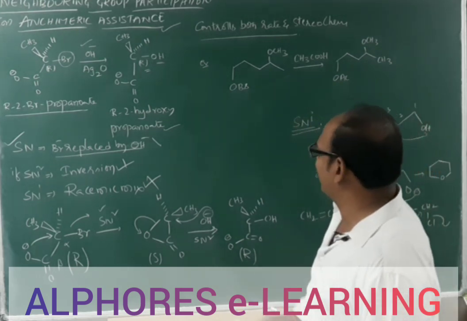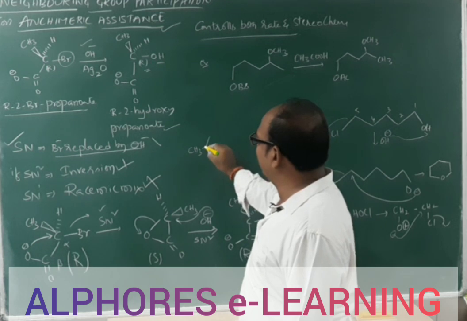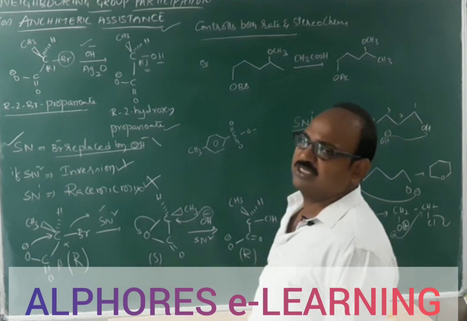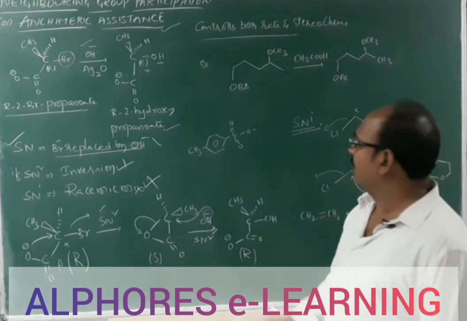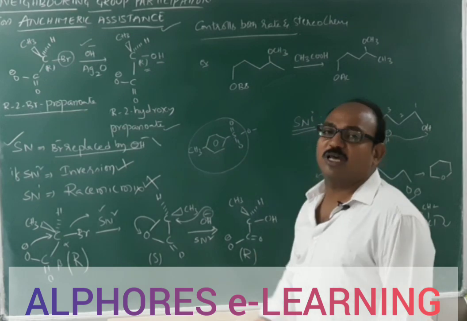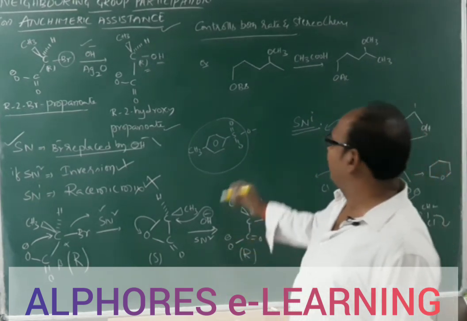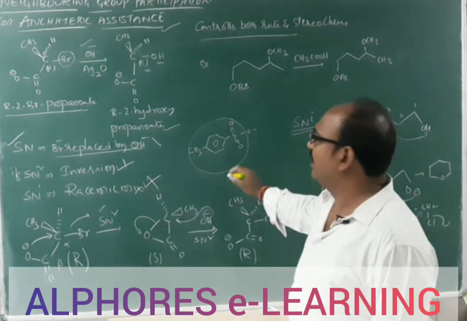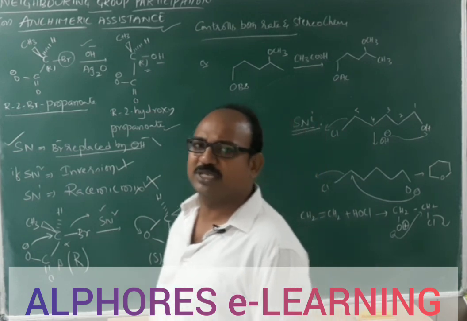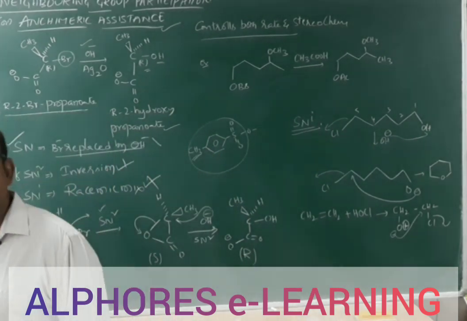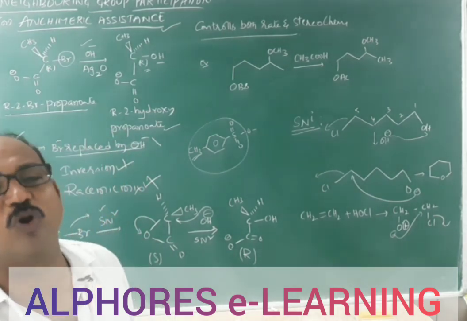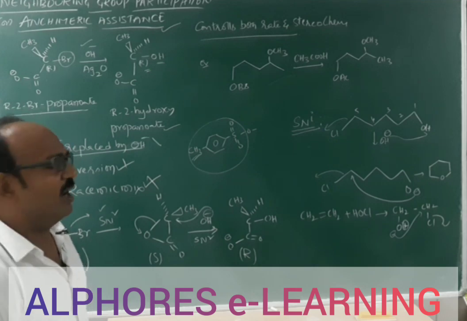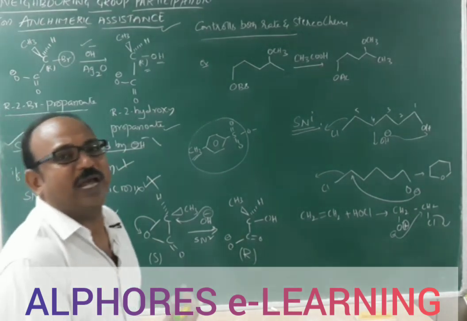In previous classes, we already learned tosylate, brosylate and nosylate. So S double bond O like this, the OTS group, this is what we are calling. So para-toluene sulfonyl chloride like that. From the sulfonyl chloride derivative you are getting tosyl chloride, OTS in general we are saying. Here instead of methyl, if an NO2 group is there, nosylate. Instead of methyl, if bromine is there, brosylate. Tosylate, brosylate, nosylate. Ultimately, all these groups make that group a good leaving group.